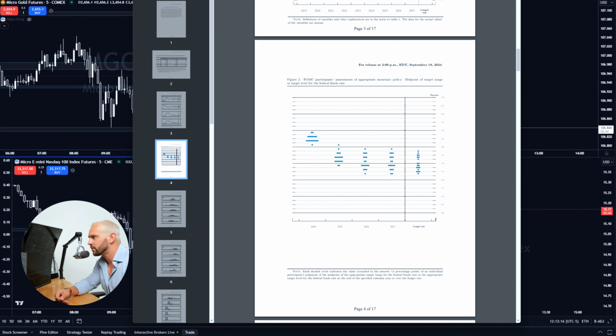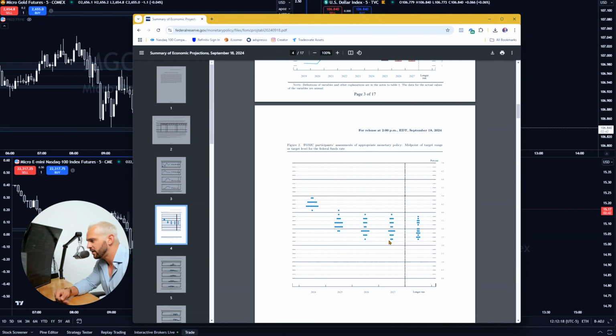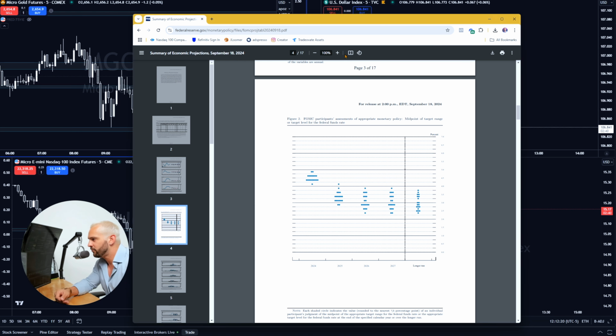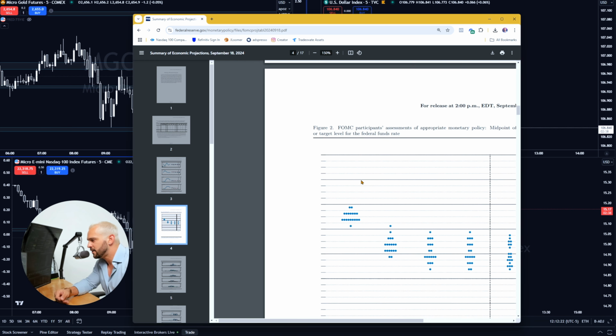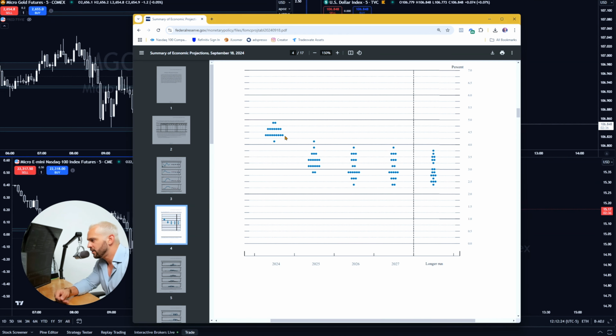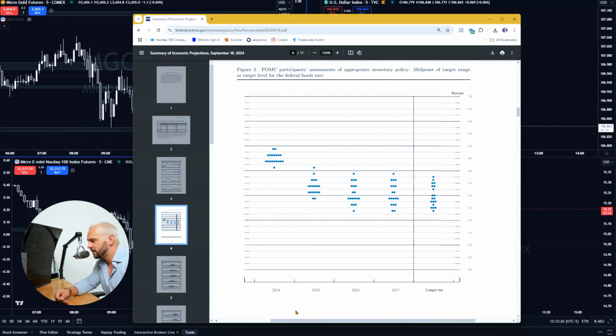And don't get overwhelmed, don't get confused, don't worry, we're going to break this down a little bit. It's just a bunch of dots, right? If we zoom in on this, you can see this is their projections, right? You have all the voters here, and if we look at the bottom, you can see 2024. So this is the one they released in September. This is basically telling us where they believe interest rates are going to be by the 12 months from the release of